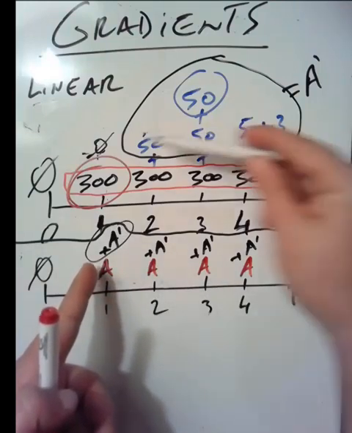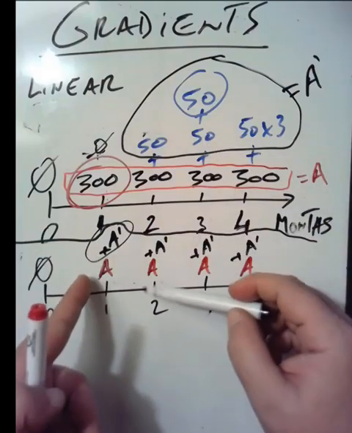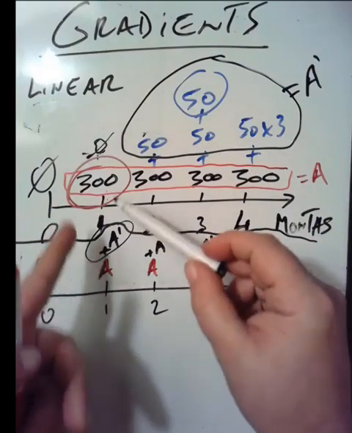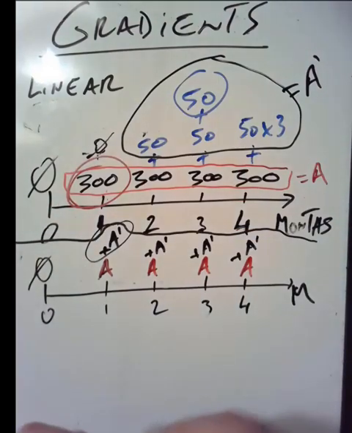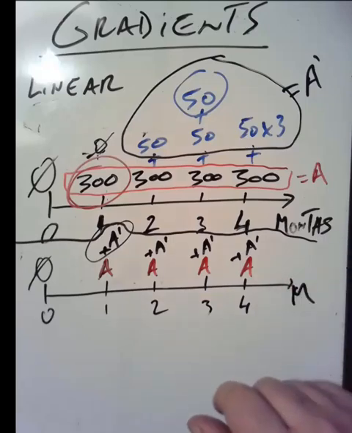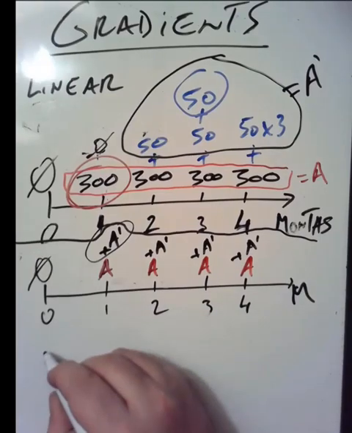Okay, so we're going to flatten this out into something that starts at the same time as the base. According to the time value of money, it has the same value, either if you look at it in present terms or future terms. Now, this formula for the linear gradient,